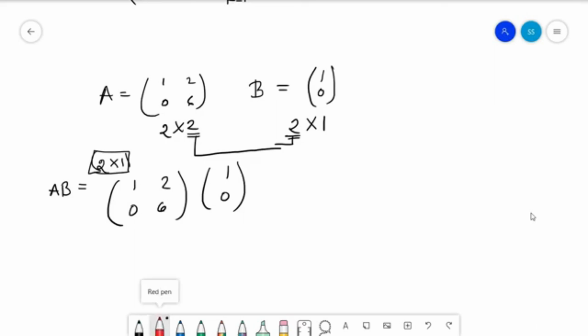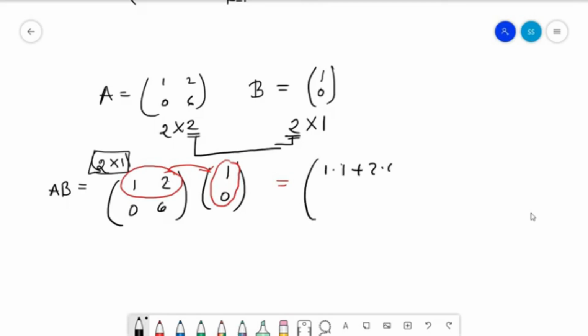So the first thing you need to do is select this whole row and multiply it with the whole column. This one will be multiplied with this one, plus this 2 will be multiplied with this 0, and you have to add them. So let's write it down explicitly: you have 1.1 plus 2.0,